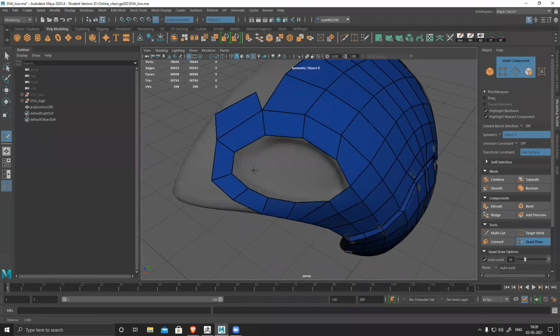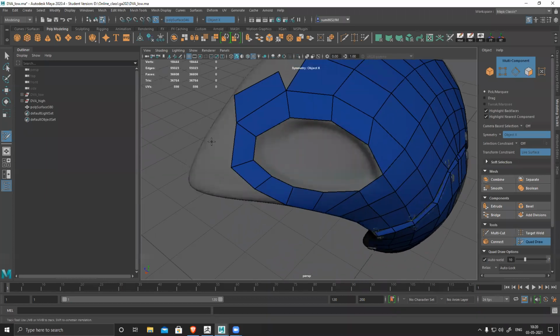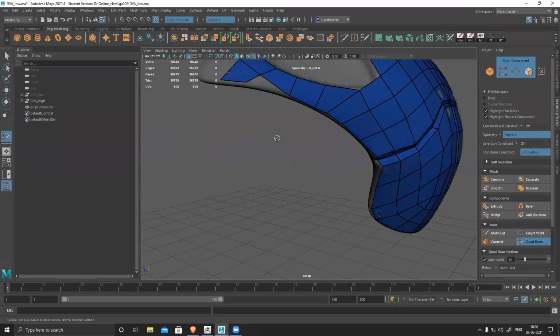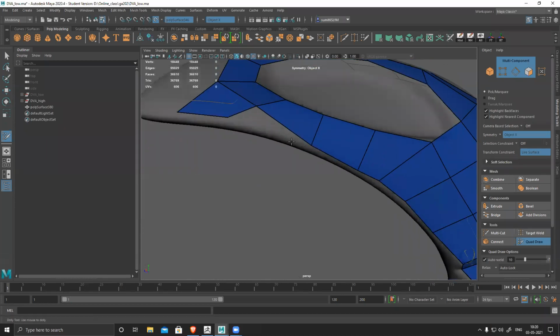Because this is a round surface, I need a different set of polygons. Create this and collapse with this.